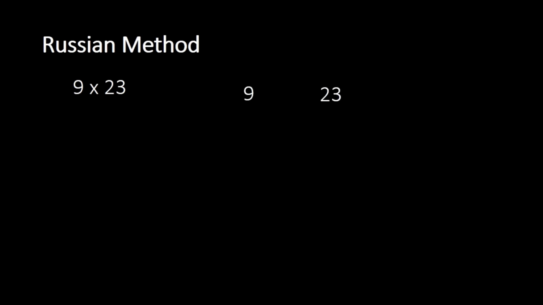The fourth method is similar to the third method. It's called the Russian method. We'll use the same example, 9 times 23. Again, we are going to put each number in separate columns, but under the 9 column, we are going to half the number 9. Half of 9 is 4.5, but we can disregard whatever number is not